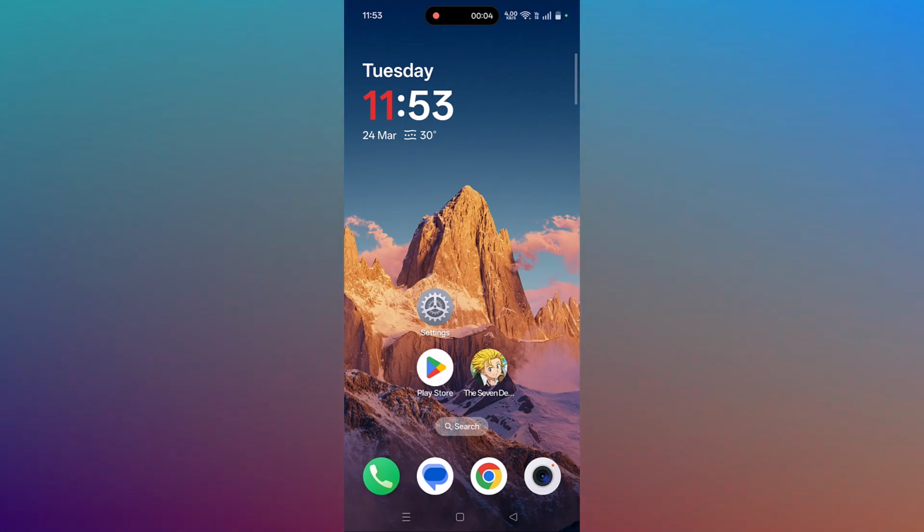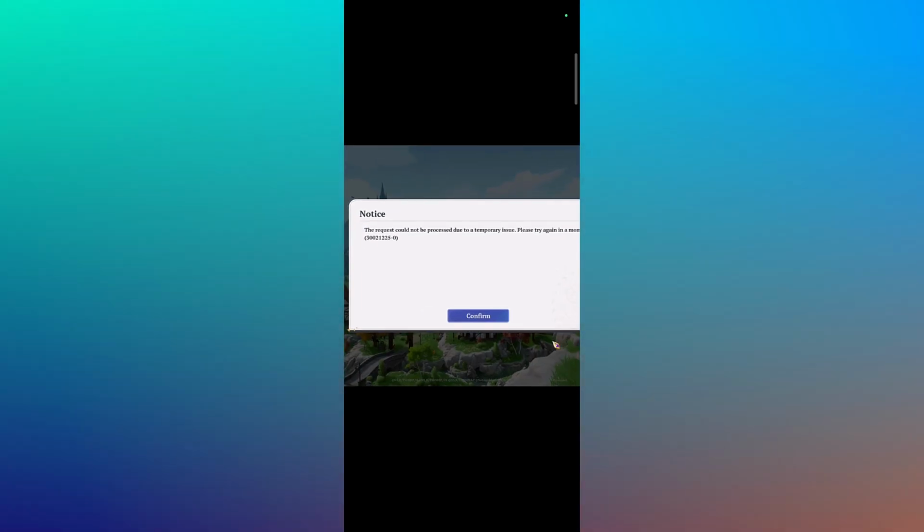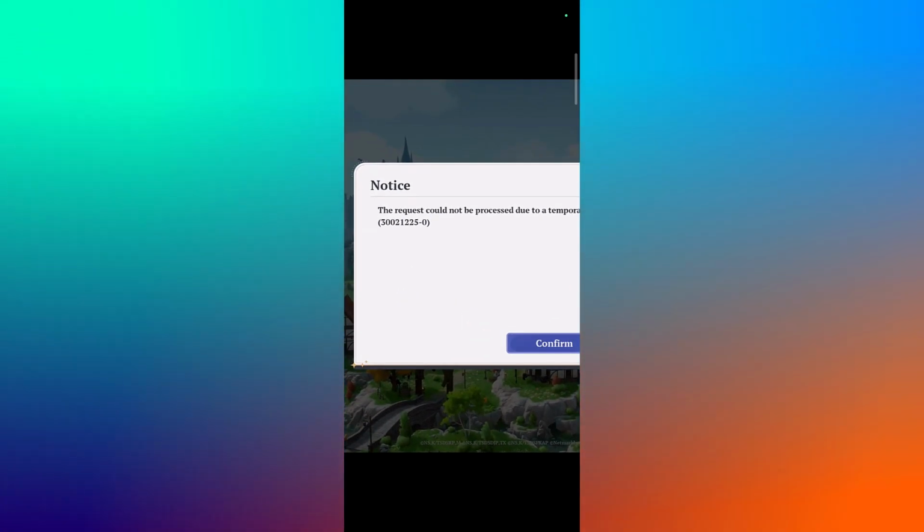In this video tutorial I will show you the 7 Deadly Sins Origin game error, and the error is: Notice, the request could not be processed due to a temporary issue. Please try again in a moment. And the error code is 300212225-0. So if you are getting this error in the 7 Deadly Sins Origin game on Android devices, then here